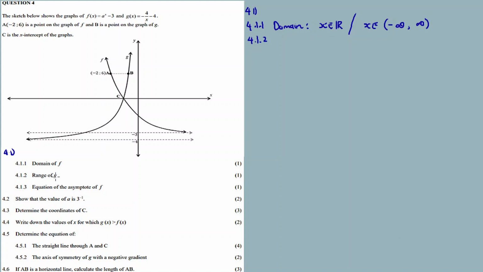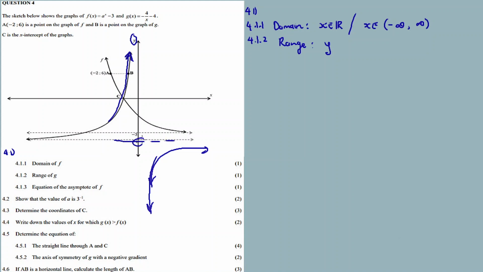4.1.2, the range of g. Here is g, it's the hyperbolic function. Don't forget there's another curve below here, it's the hyperbolic function. So the range is the set of all y values. You can see it stretches all the way up to positive infinity along the y-axis, and it continues all the way down to negative infinity, but